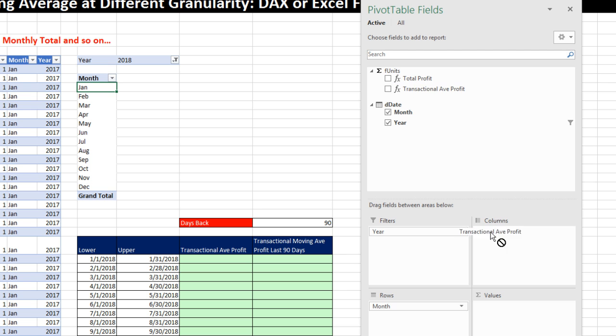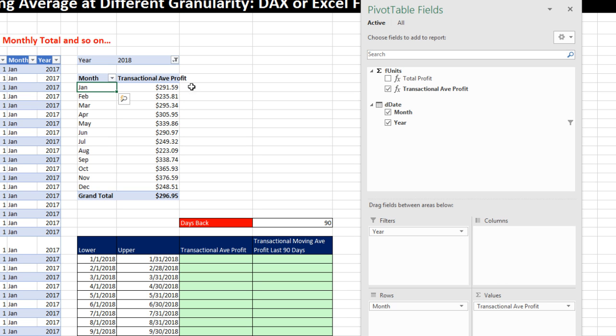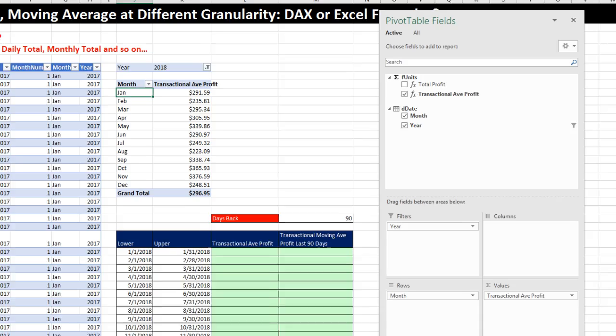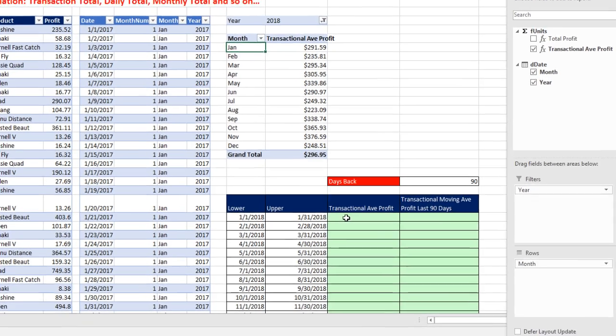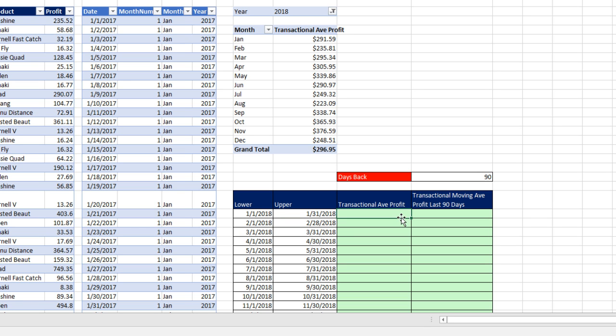Now I'm going to drag this down to the values. And that's our average profit based on each one of the transactions for each one of the months. Now, if we're going to do this in Excel, we do have to put the upper and lower limit. And then we simply use the